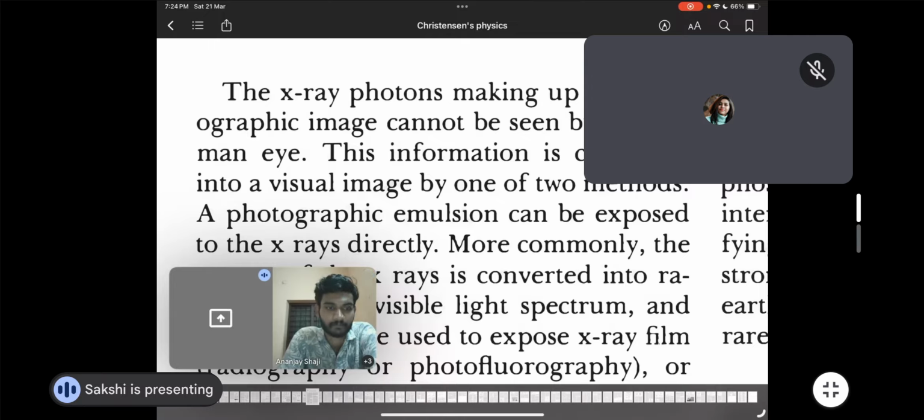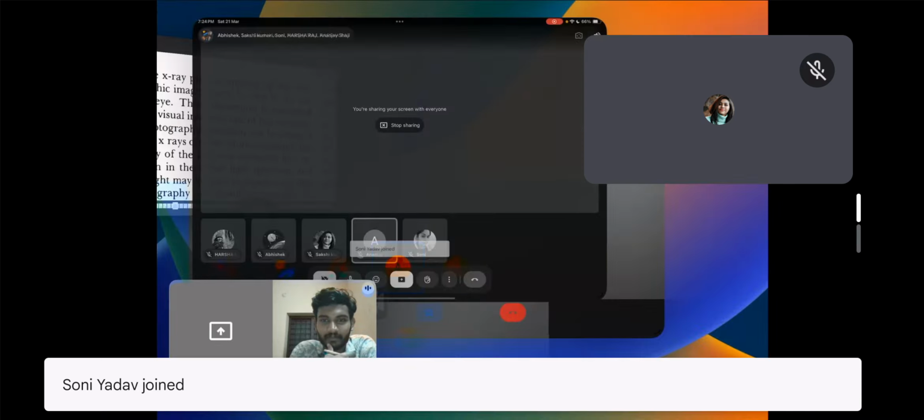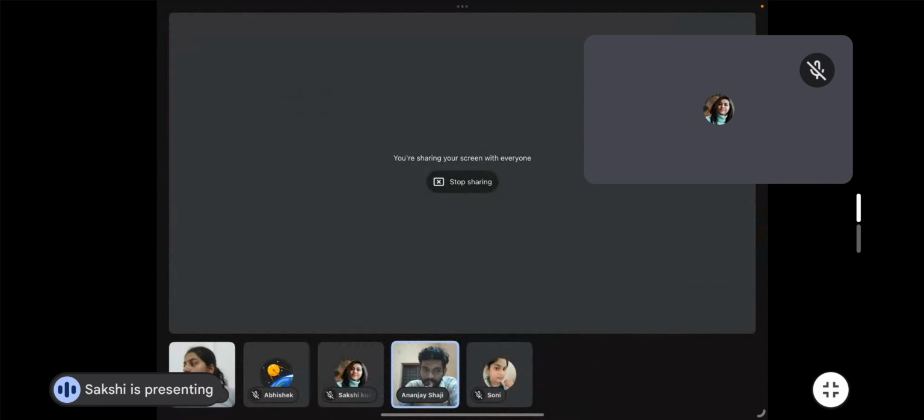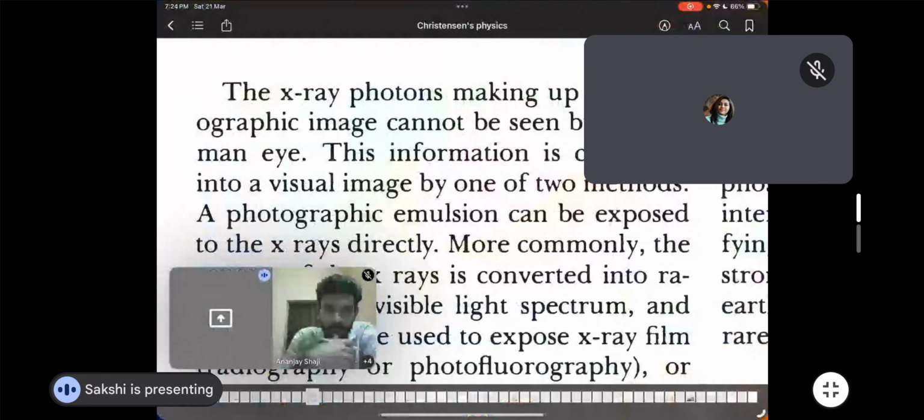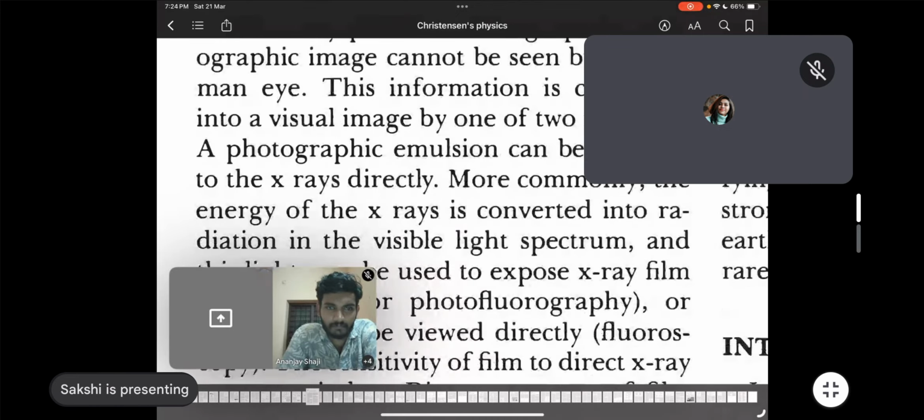Have you found that book yet? I told you the name. Now you should have searched it out. I have searched online also, but there is no PDF or anything for that. That book is very good for these chapters, and darkroom will be a majority portion for this CRE every time because that is the basics. Actually, I had that book, but that book belonged to a permanent staff member, and now I left, so that book is there only.